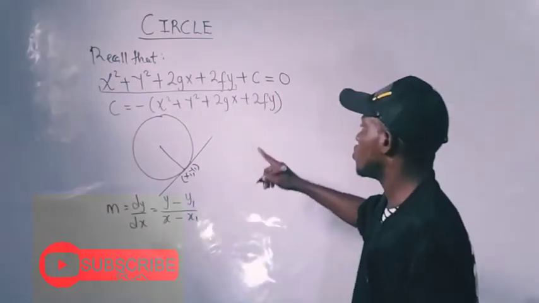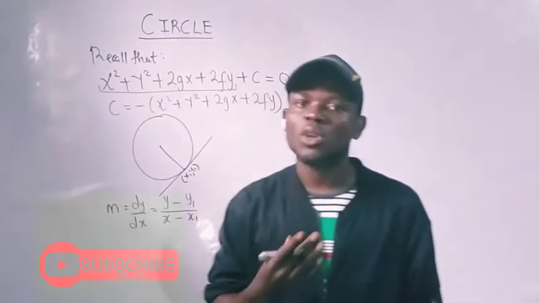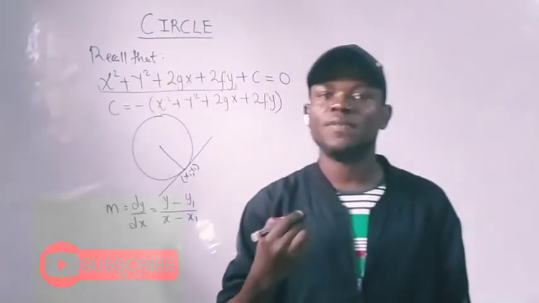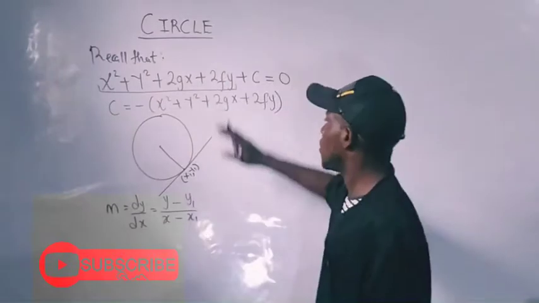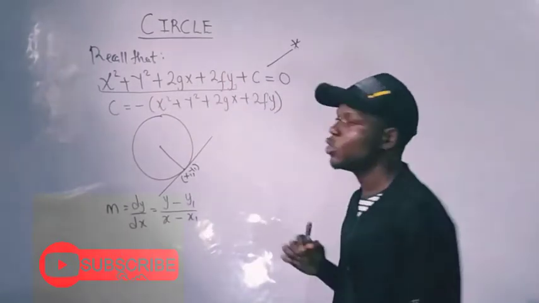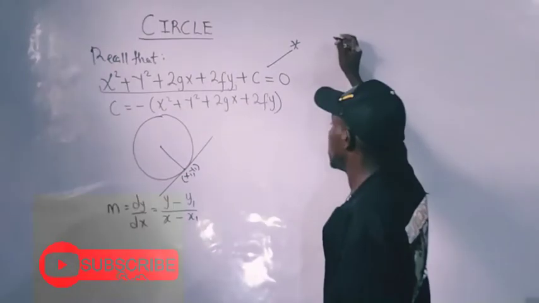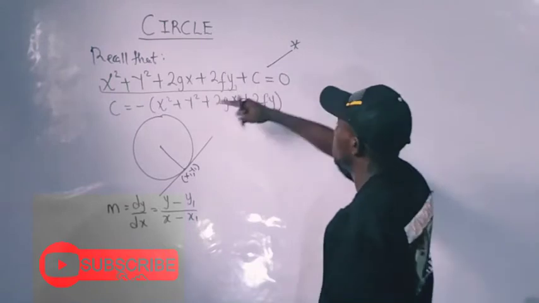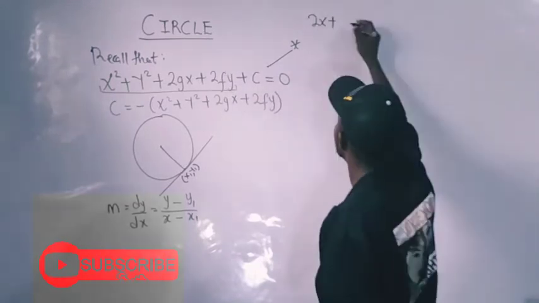Then if I go back to my first equation of my circle and I perform what I call implicit differentiation, then what do I have? I want to differentiate this equation. Let me call it star. I want to differentiate it by the law of implicit function. Then when I differentiate x squared, I'll be having 2x. And when I differentiate y squared, I'll be having